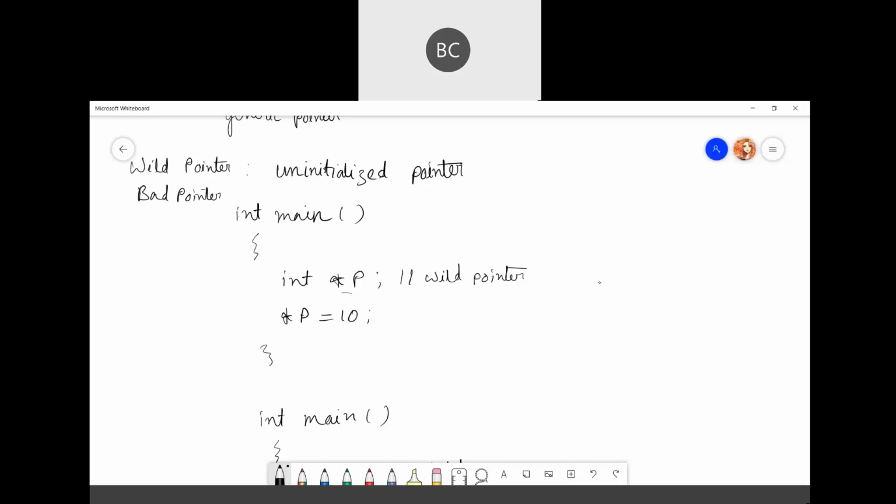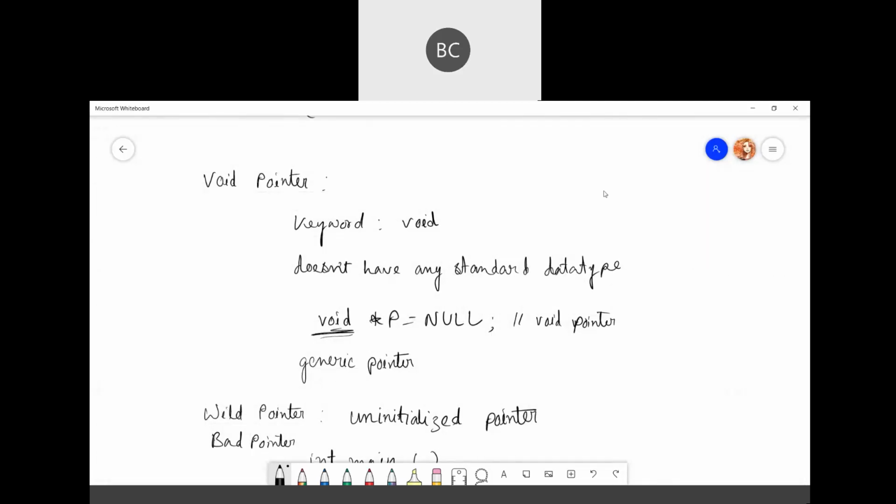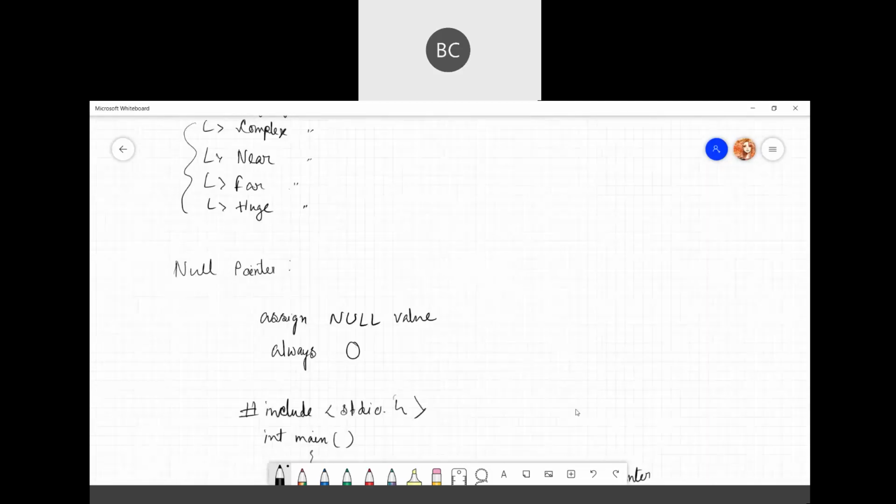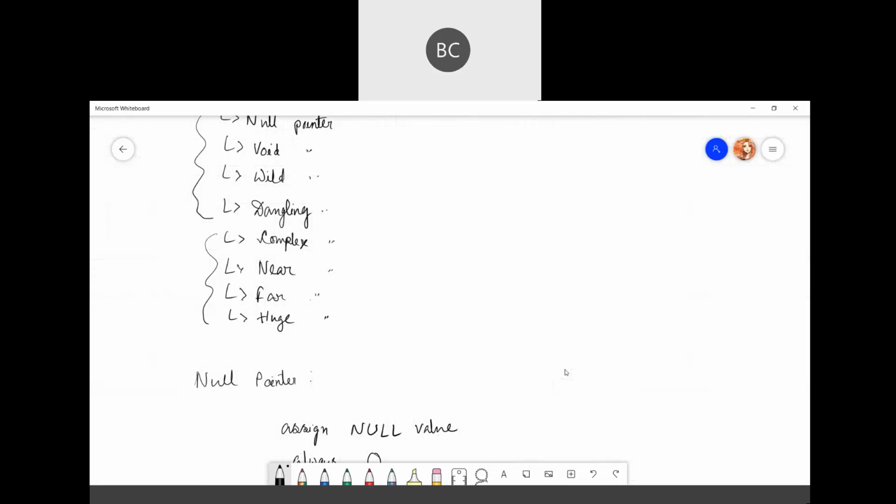Your near pointer, far pointer, and huge pointer are old methods, so they are not useful nowadays. If you want to read about them, you can study them, not a problem. These are the four, but they are old methods and not useful nowadays, so I'm avoiding them.